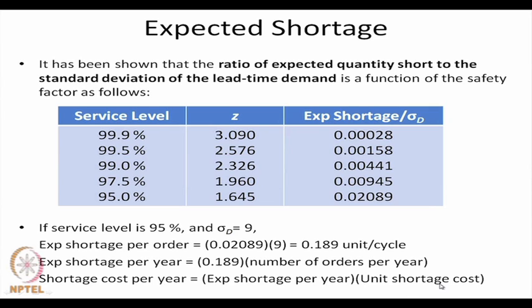So, in addition to our two costs that we have considered for finding out the economic order quantity, namely the ordering cost and inventory holding cost, we can also consider the shortage cost. To find out the shortage cost, we have to find out first the number of units short, and then we